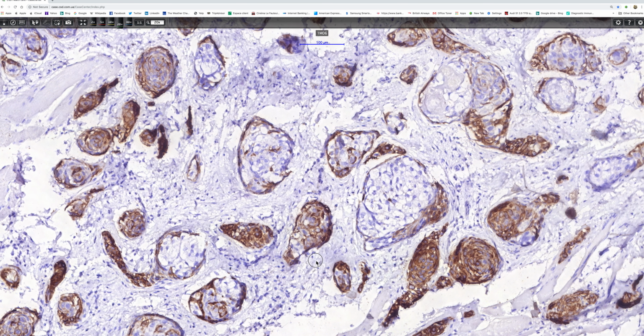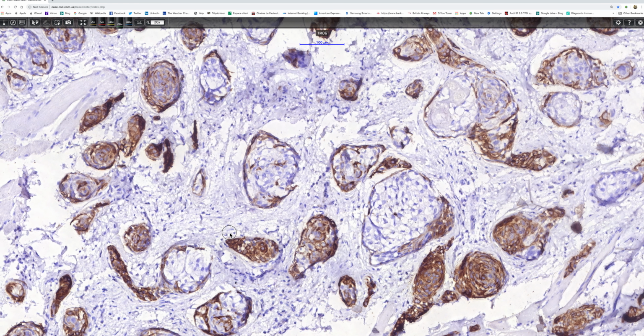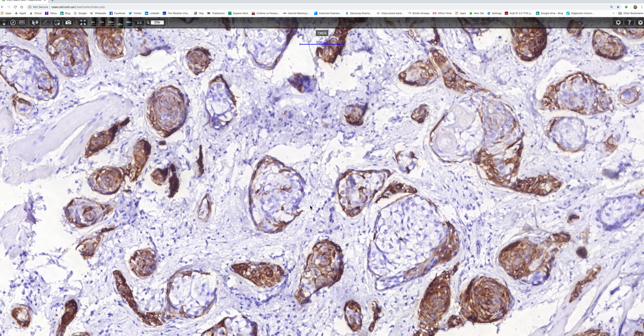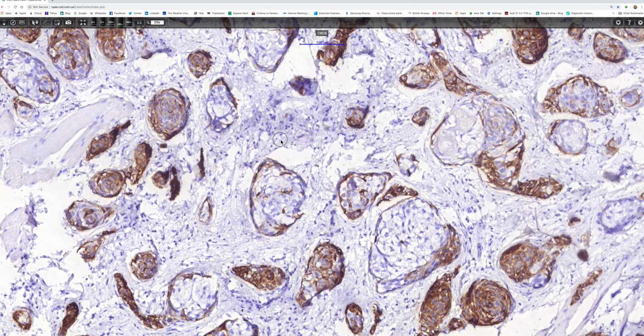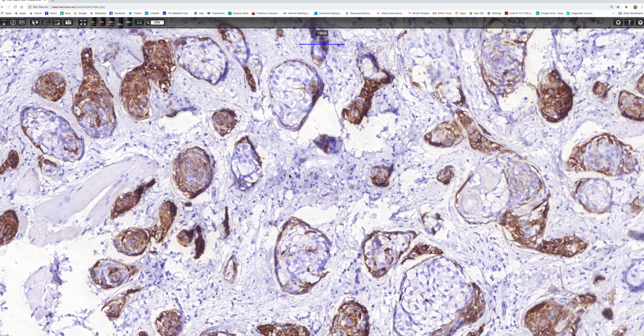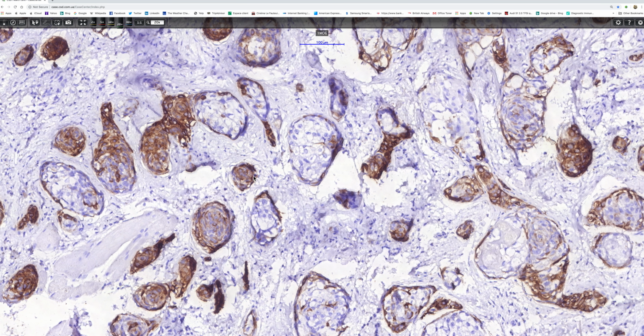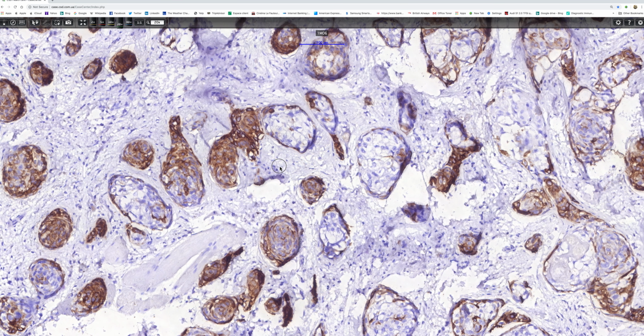Now, I'm not sure that I know exactly what that means, and perhaps if there are any of you watching who are experts in keratin immunohistochemistry, you might like to add a comment to the post, just so that we can all learn from your experience. Anyway, so CK5 is positive,